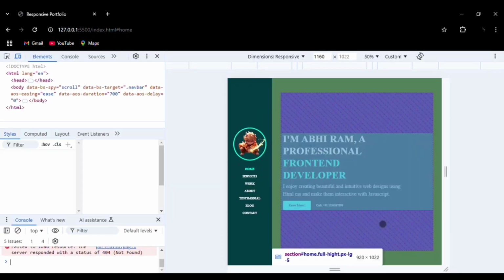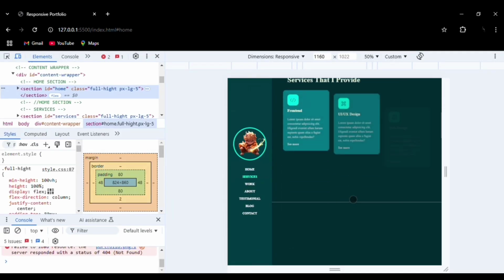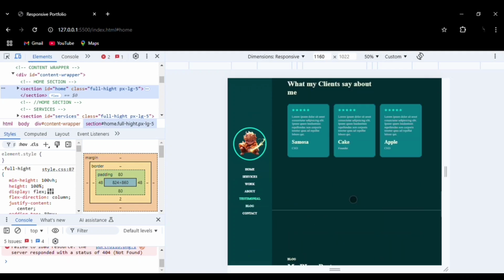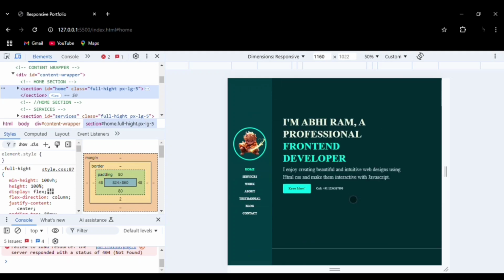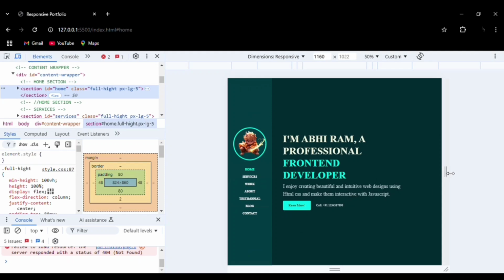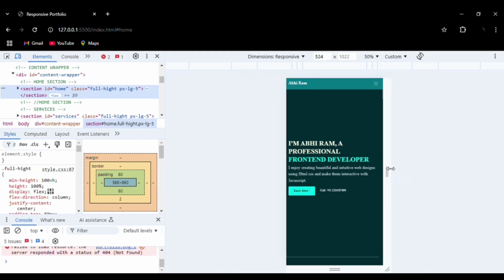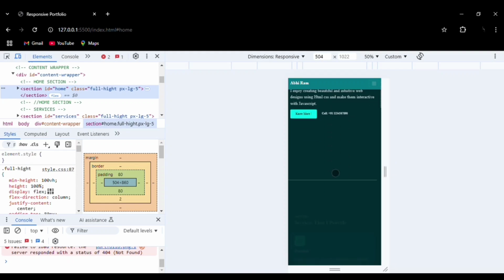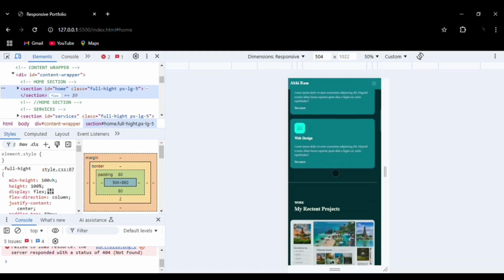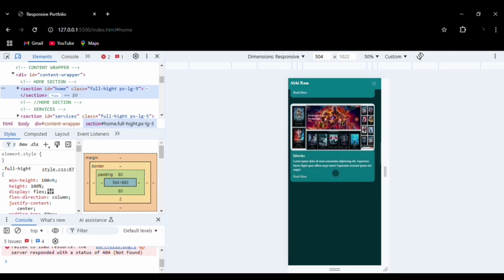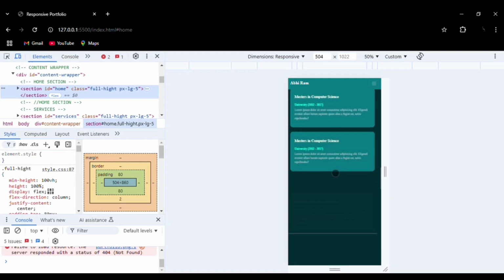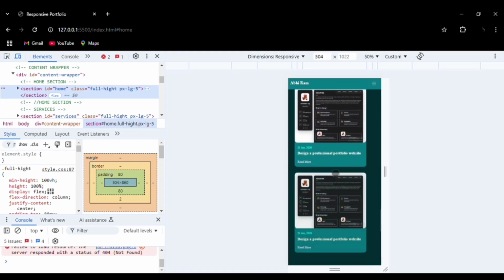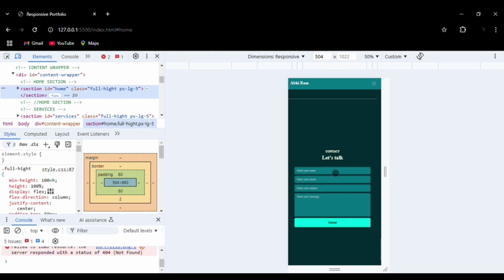So as you've seen before, this is the desktop version, and now we will go to the mobile version of this website. This is the mobile version of the website. You can see the smooth animation transition effects. You can see how they have merged to the size of the mobile version. This is one of the Chrome browser features that we have, the inspect feature, which allows us to view our websites in all types of